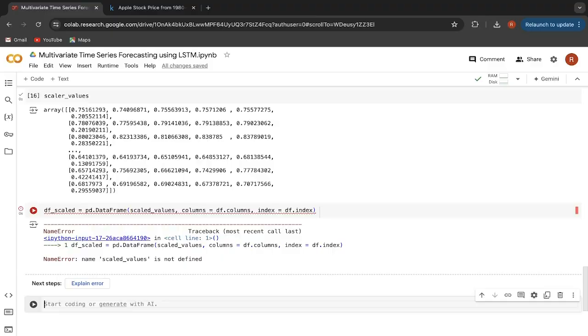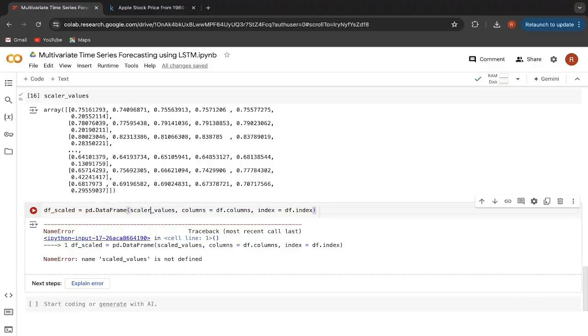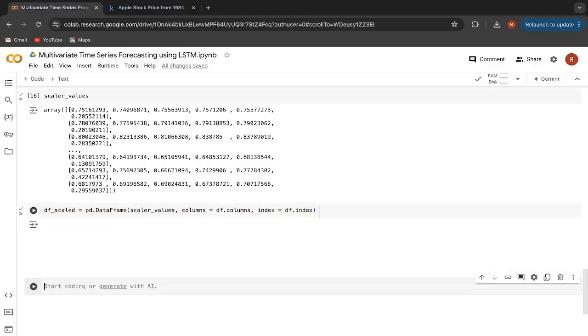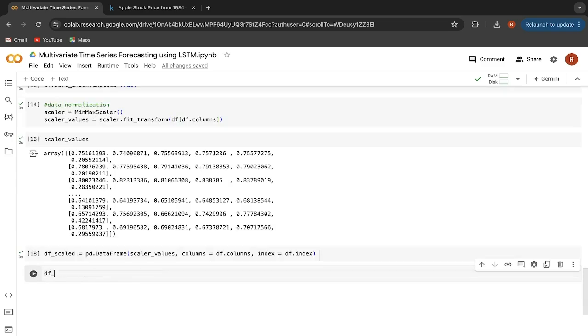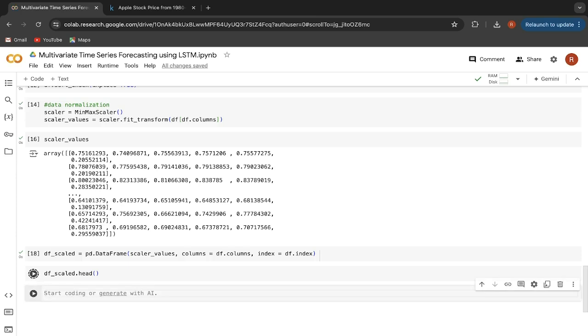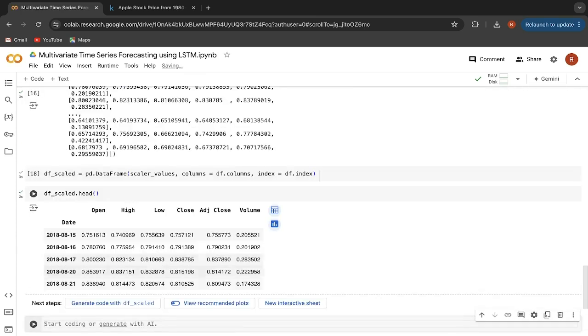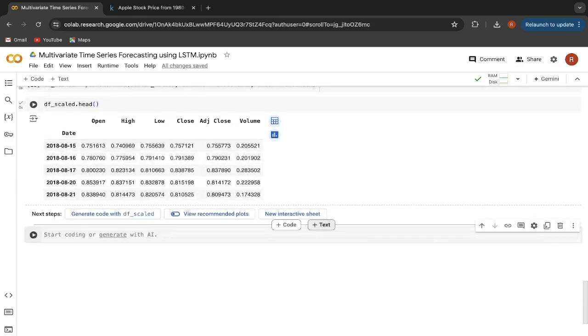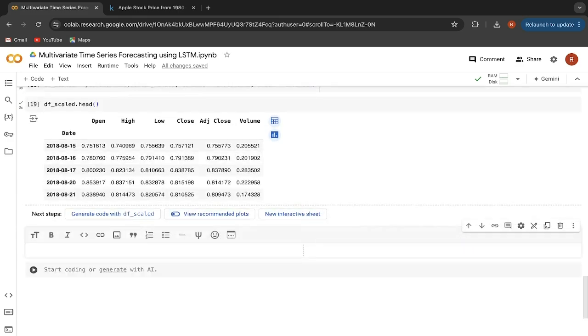It's actually scaled values. Fine. Let's display the data frame now, df_scaled. So as you can see, now we have these normalized values in the data frame format. So this is what we wanted to do. Now all this stuff that we did comes under the data pre-processing part. After performing this data pre-processing, the next step that we have to do here is plotting the columns. So let me say here the third stage, which is plotting the columns.